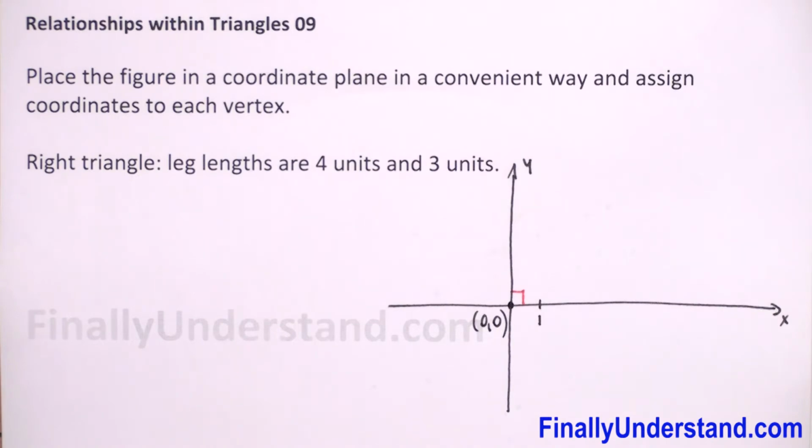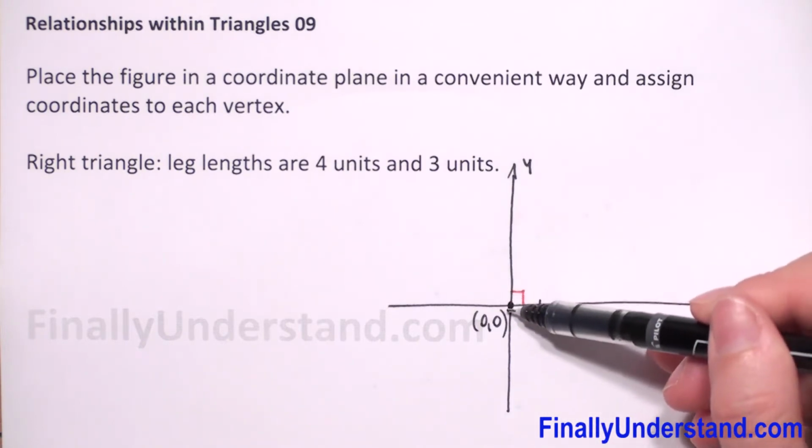And because it is easy to find the lengths of horizontal and vertical segments and distances from point 0, 0, we place one vertex at the origin and we will put the legs of our right triangle one on the x-axis and one on the